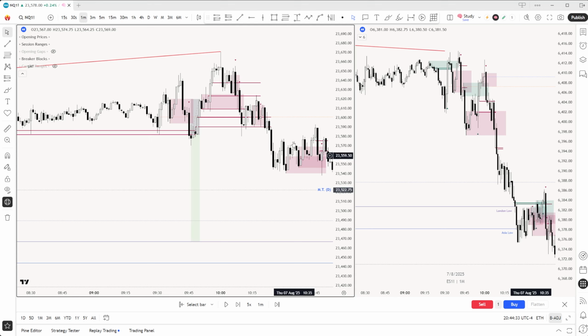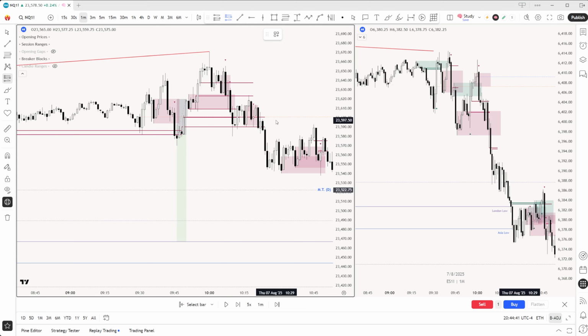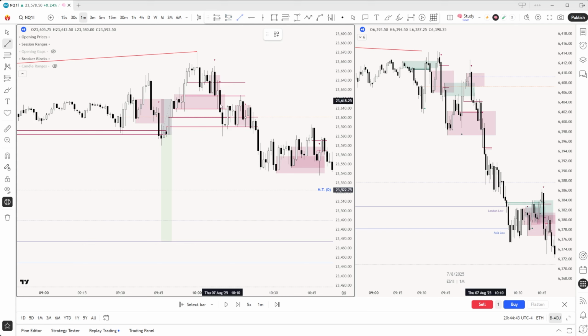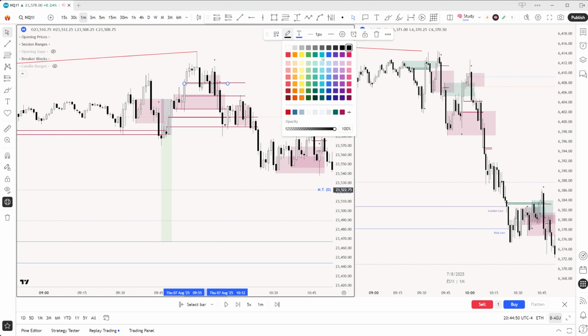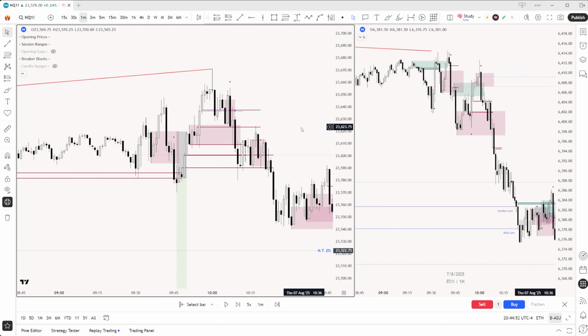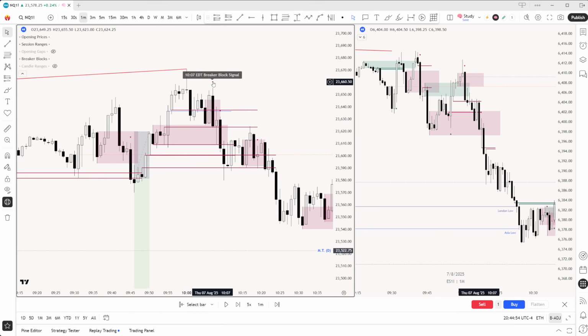But you know what's funny with these types of things, guys? This one doesn't work out, but hey, look at the next one. Beautiful entry right after. Now, there are multiple things we can look at here. The indicator currently sees this as the unicorn, but the one I personally traded today is this line right here. Now, it is going to get cluttered, but I traded this breaker, which, as you can see, was formed right here at 10:07, and I traded it with this unicorn.